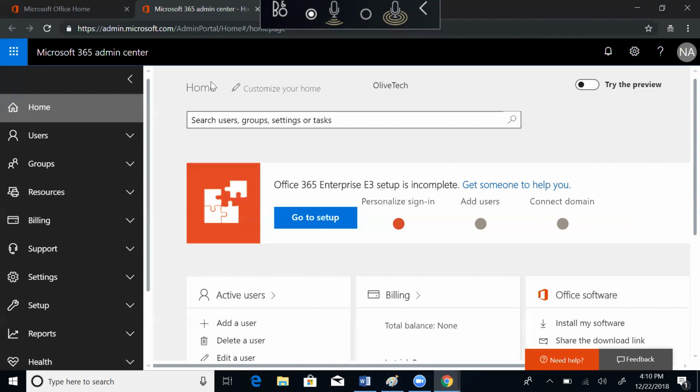When you intend to use Office 365, you have three options. There are three ways you can let your users access Office 365. What are these three ways? Number one is cloud only. So cloud only means